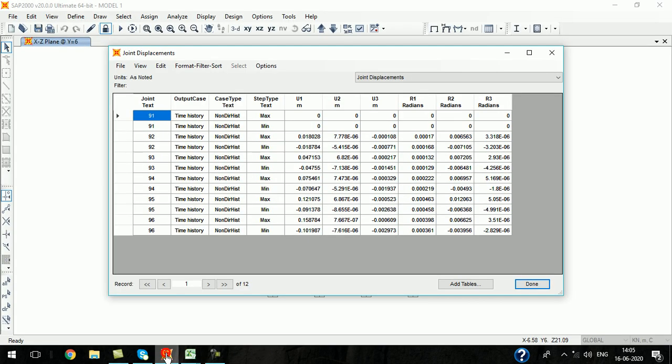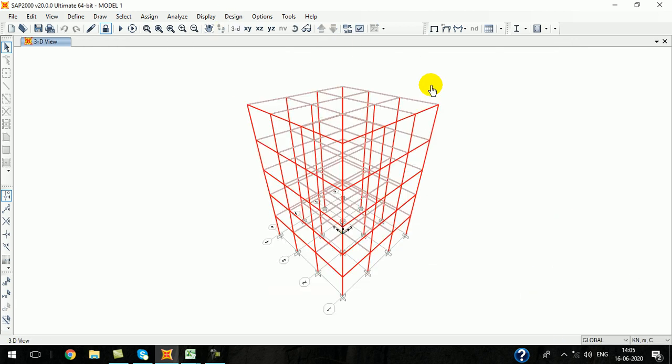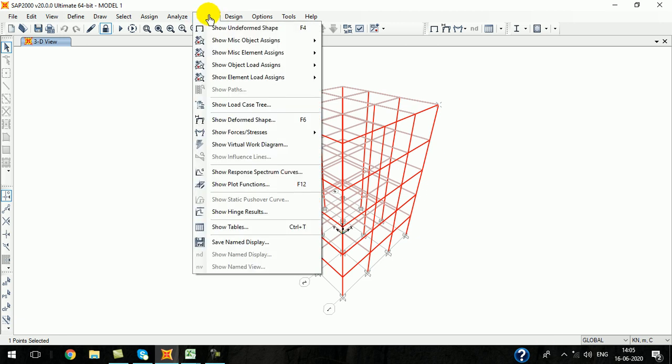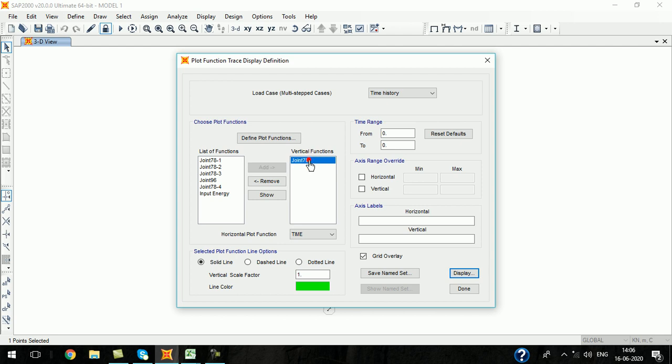And another one, if you want to see the displacement time history function and acceleration time history function of any joint. So let me choose this joint and let us go to display, show plot functions, and our joint number is 78.